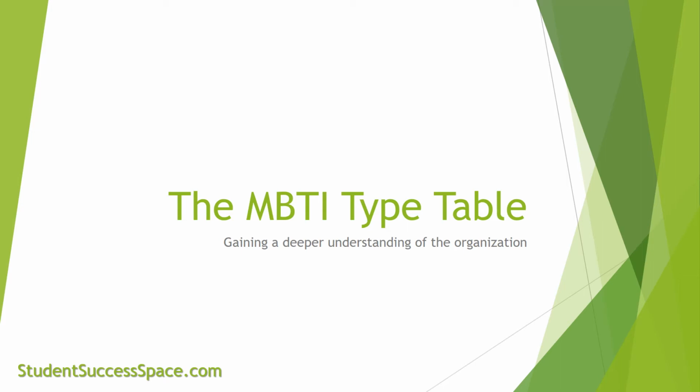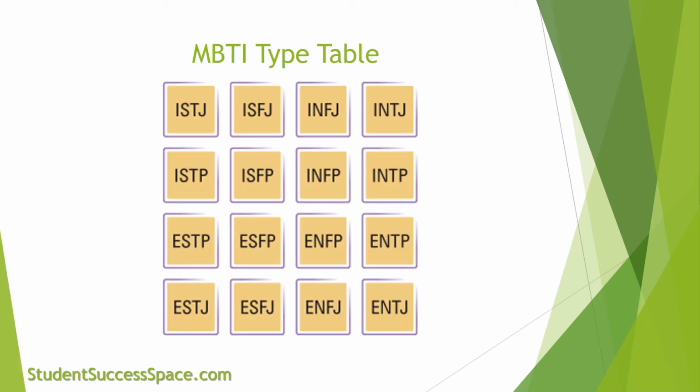When your preference patterns are assembled, they form a four-letter MBTI type, one of 16. However, the position of that type within the MBTI type table gives more insights into the type. When we look at the table, we want to see that it's designed to highlight the relationships between each of